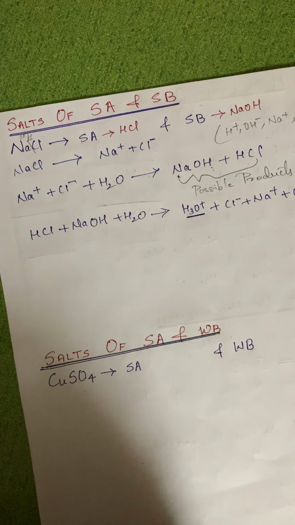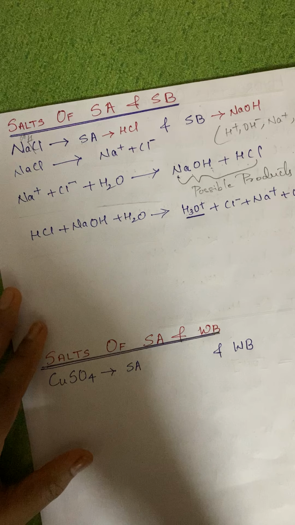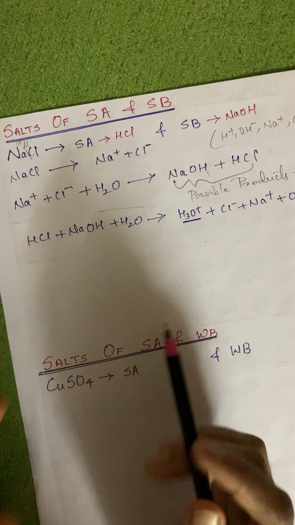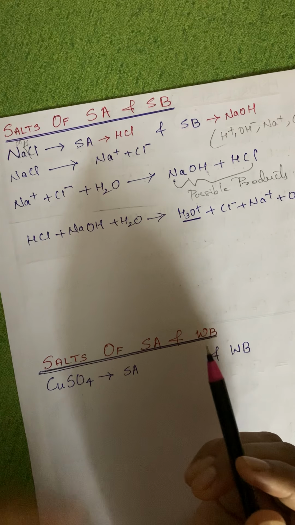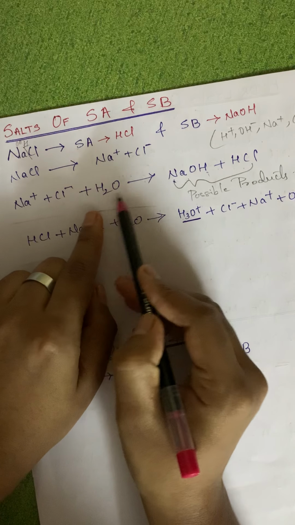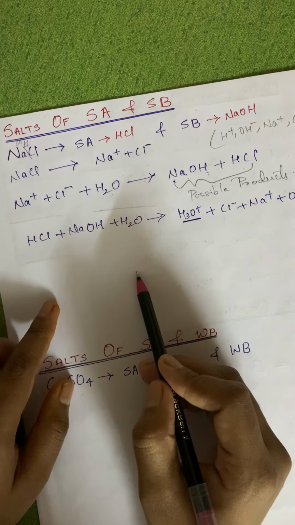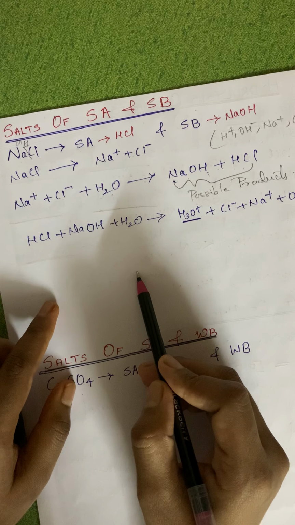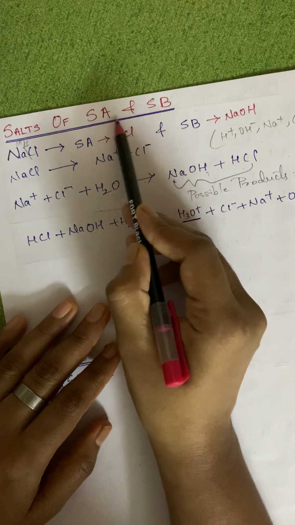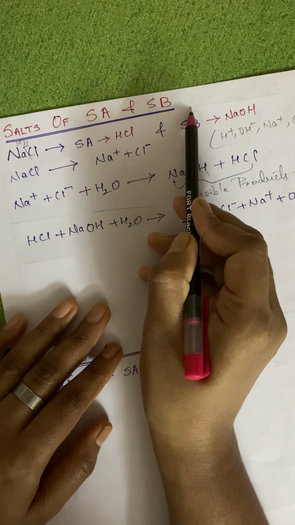Now, as a result, what is happening over here? Both the ions are not reacting with water molecules. Okay, so as a result, this solution will be neutral in nature. This solution will be neutral in nature because it is formed of a strong acid and a strong base. Since it is formed of a strong acid and strong base, they are said to be good electrolytes.